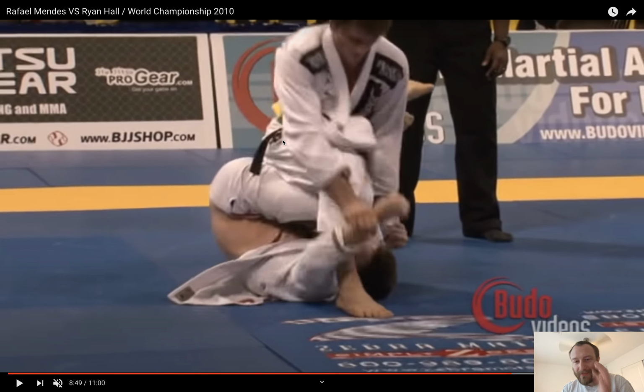Hoffa's extended. Hoffa's pretty extended, but he's still not freaking out too much. Hoffa's just kind of chilling. Hall's trying to, I watched a different Ryan Hall instructional video, and he was like, find the hole to sweep. Find the area where they don't have a post. So he's trying to find the hole here where he can sweep them, but Hoffa's based so heavily on the